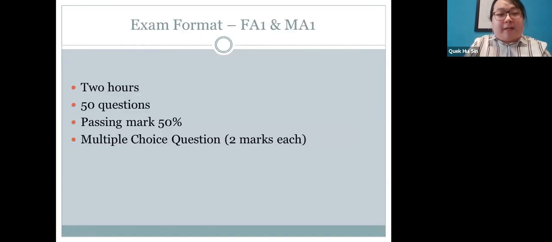Depends on what paper that is. Okay, now the first level paper, which is your FA1 and MA1, the earliest paper, is very straightforward. They just give you 50 questions, all of it is multiple choice, which means based on the options, you choose one. Then going up the level a little bit,